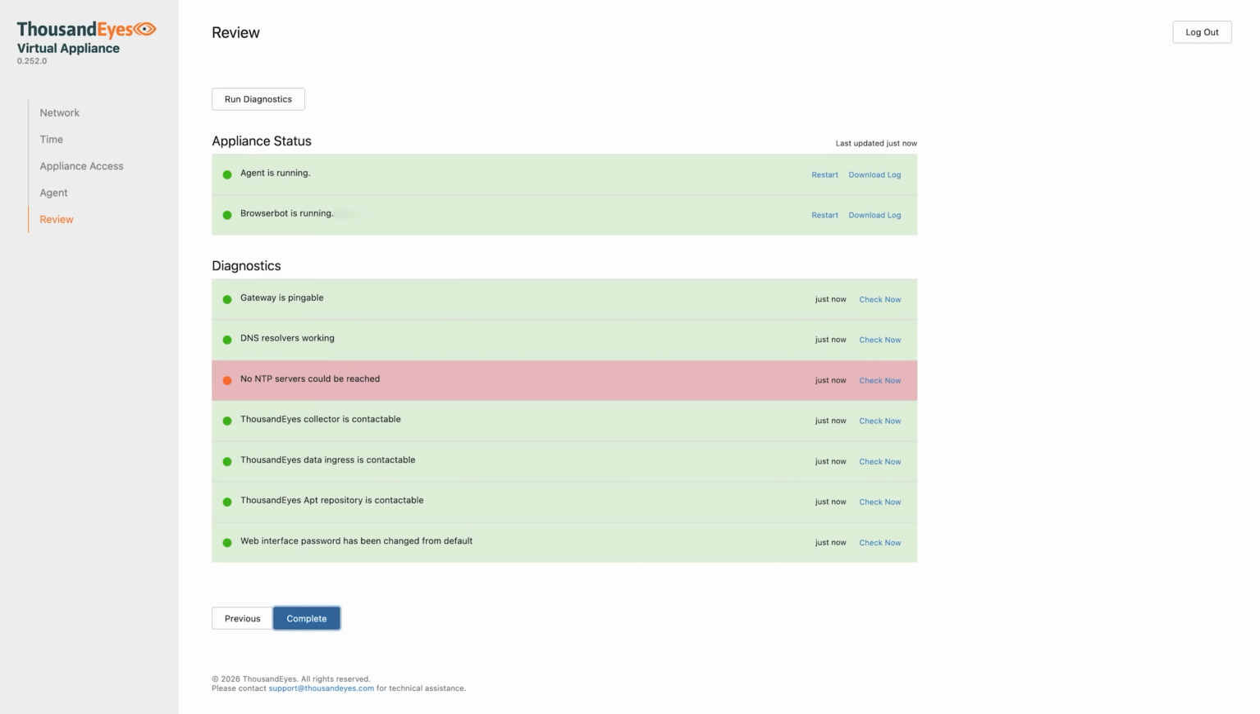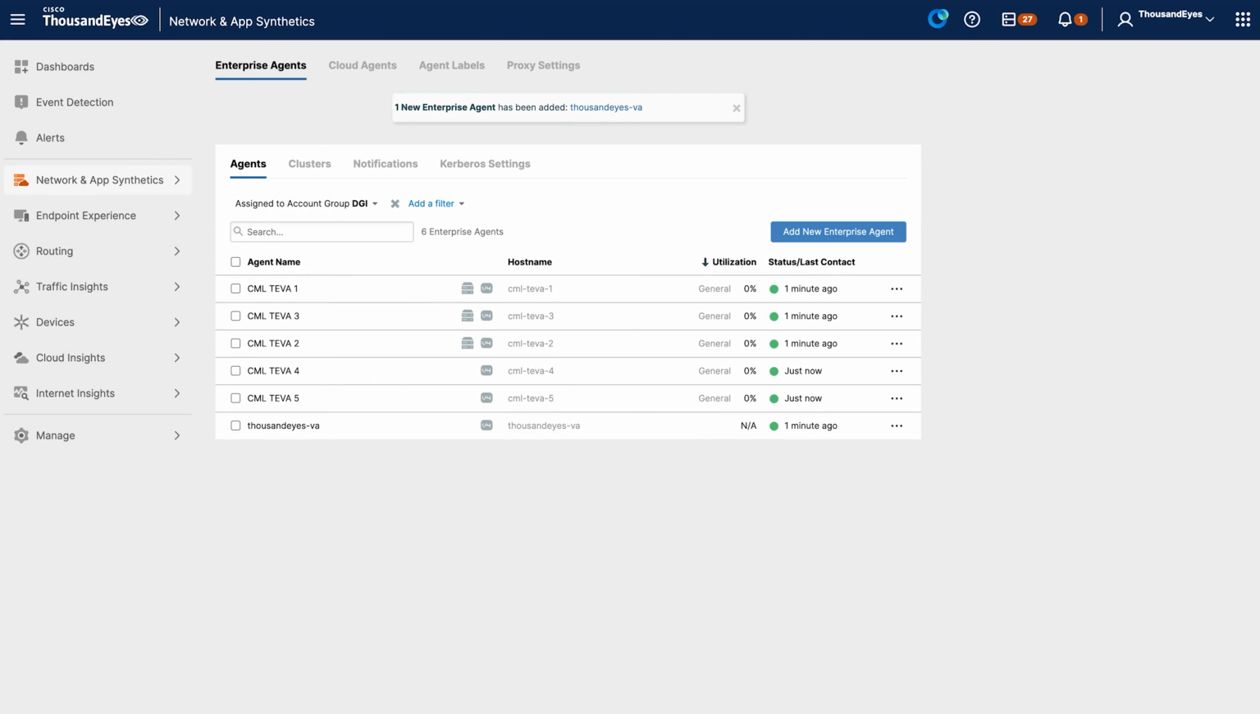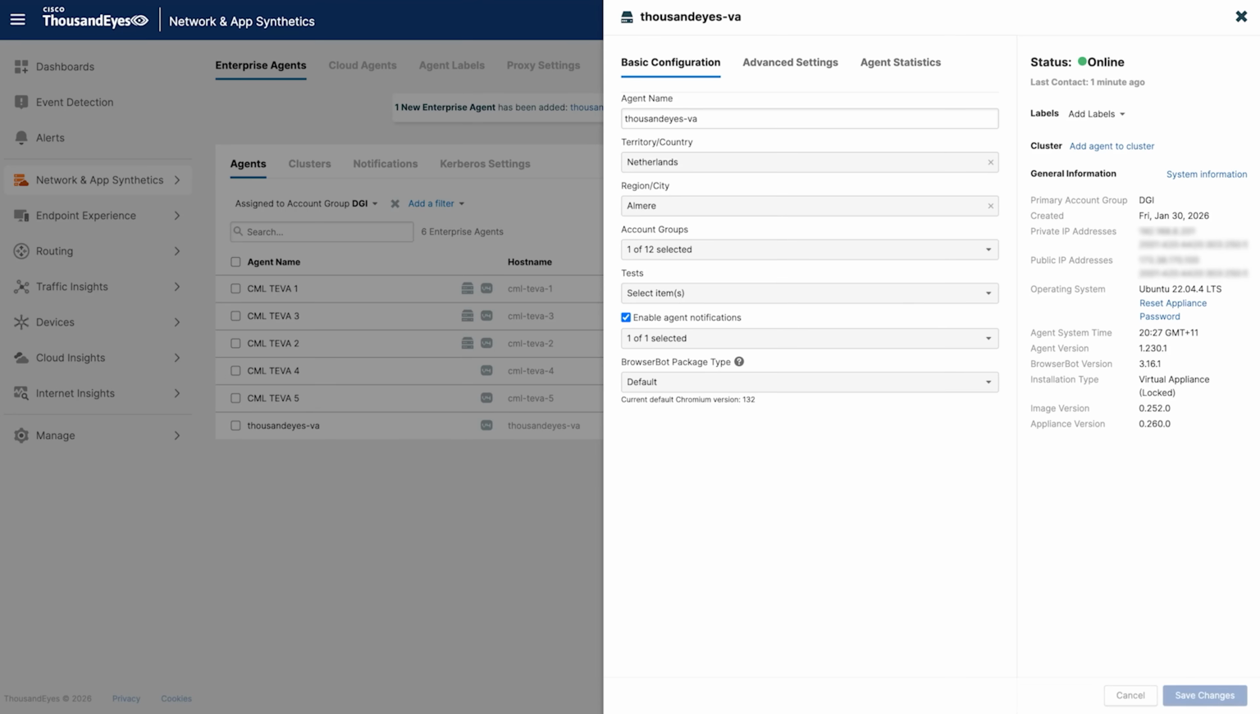Finally, to verify the enterprise agent status, return to the ThousandEyes platform, go to Agent Settings, and check the agent status. The agent will automatically check for updates and upgrade to the latest version. You can confirm this once the status and last contact field turns green and shows the last contact time in minutes. Opening the agent details will also confirm that both the agent and BrowserBot components have been upgraded successfully with